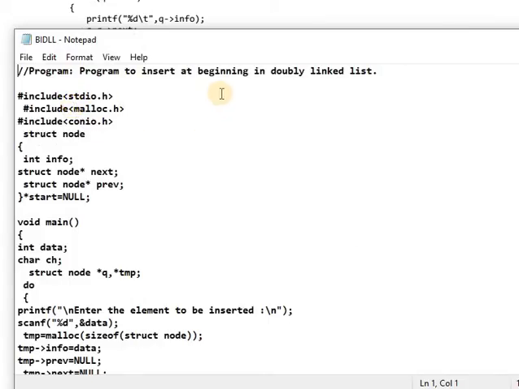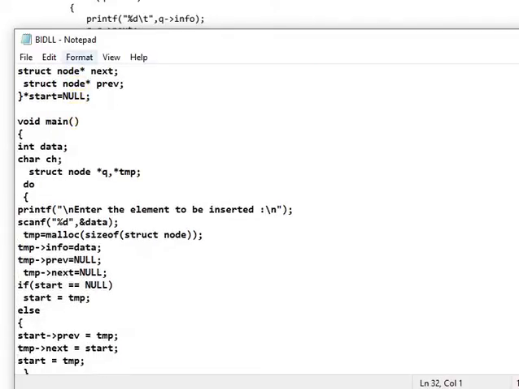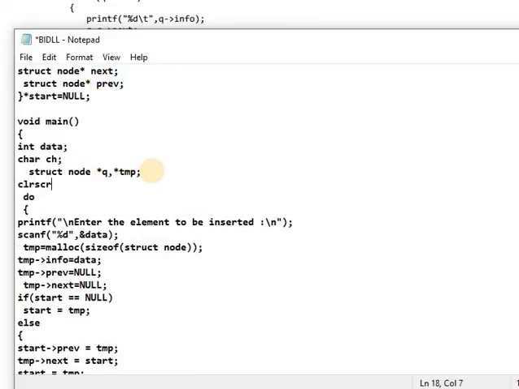This is the program to insert at the beginning of a doubly linked list. These are the header files, structure declaration, structure variable, main, and variable declaration. After that, the value that is inserted and input is stored in a temporary variable.